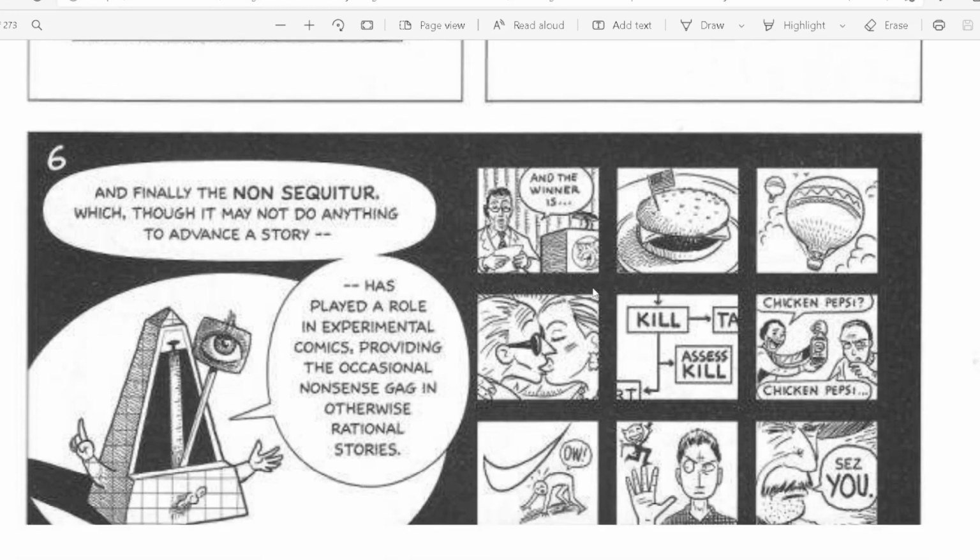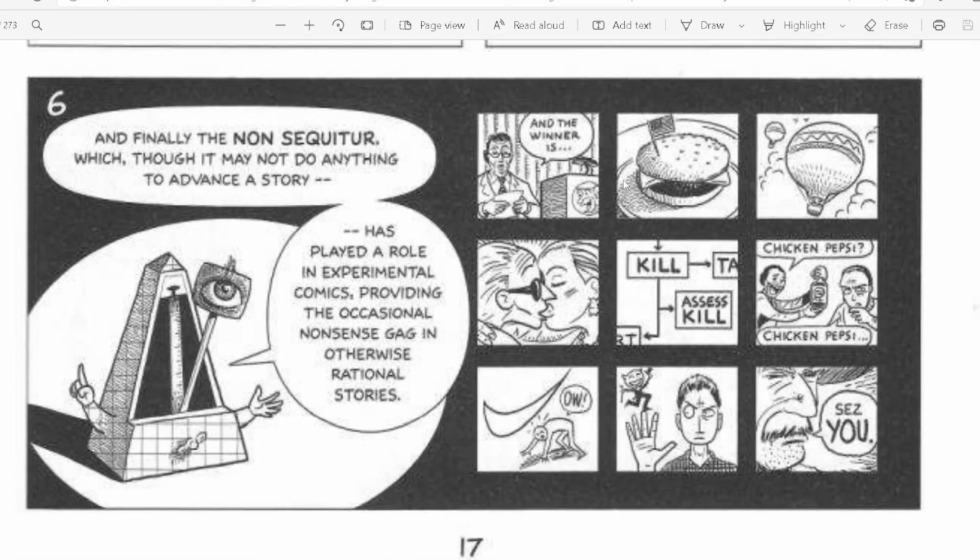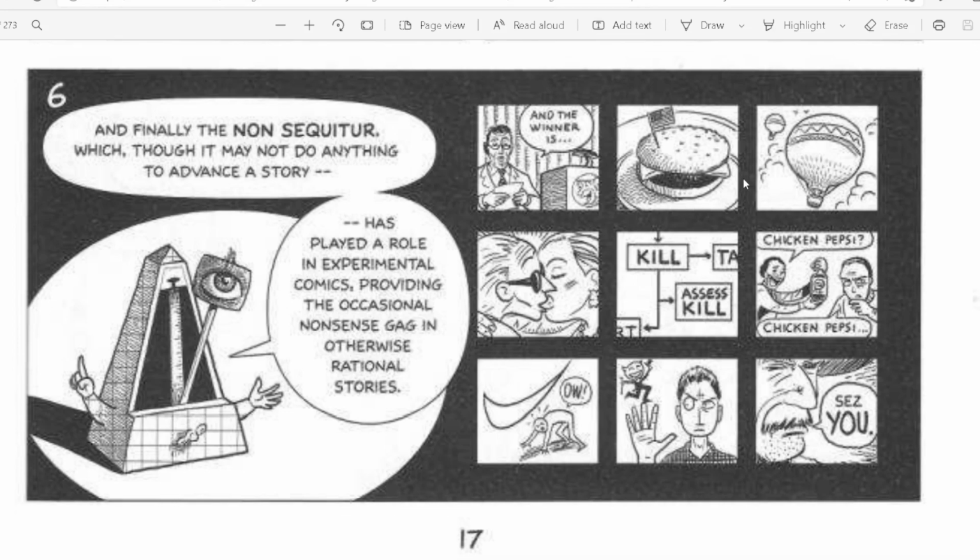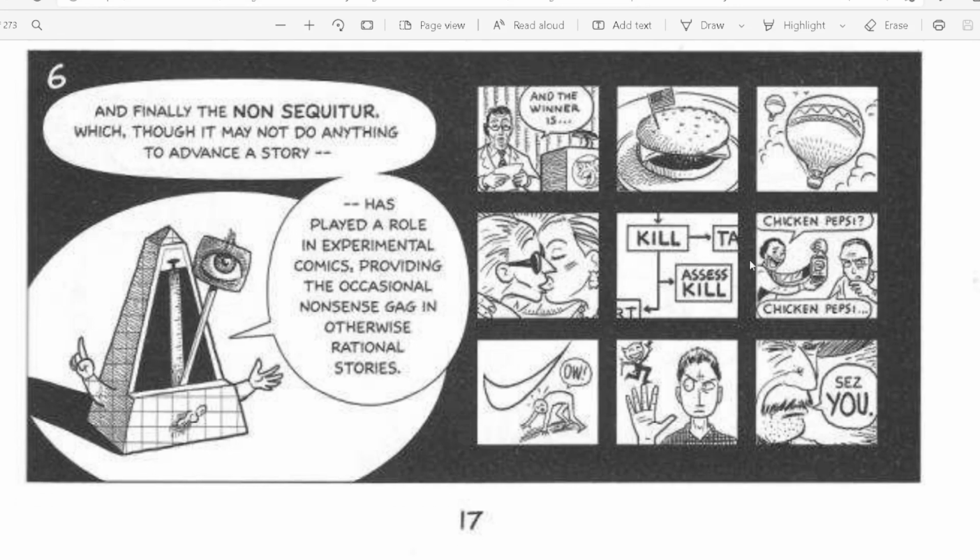And the winner is, let's see the comics, what it is. Yeah, it is like when the gentleman is saying something, and in the other scene you can see it is like a crowded area, right? This one. And here is the big balloon. I forgot the name, sorry. And definitely you can see someone is kissing. Yeah. And what is this? I don't know. Someone is eating chicken Pepsi.